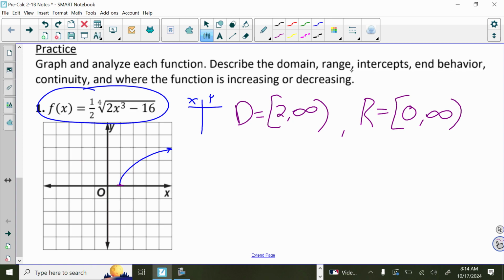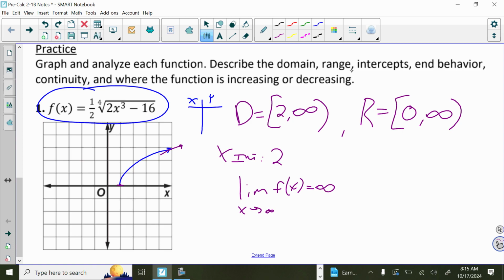And then we look at some other things. You got an x-intercept, crosses the x-axis, or touches the x-axis, I should say, at 2. And then limit, we only really have to look at the limit of the positive domain here. So our limit would be the limit as x approaches infinity. The limit of f of x would then be infinity as well, because it just keeps getting further and further